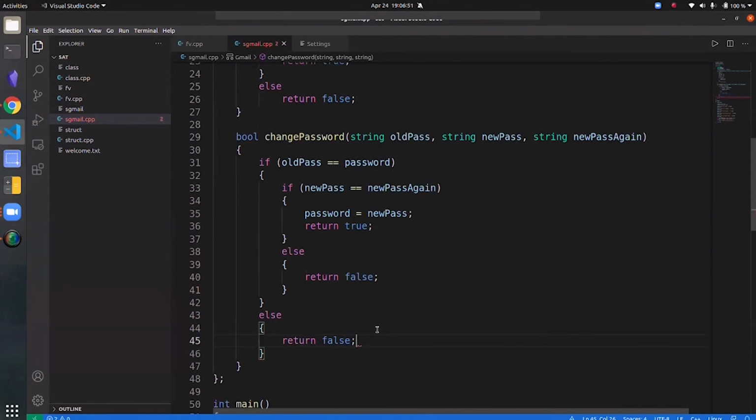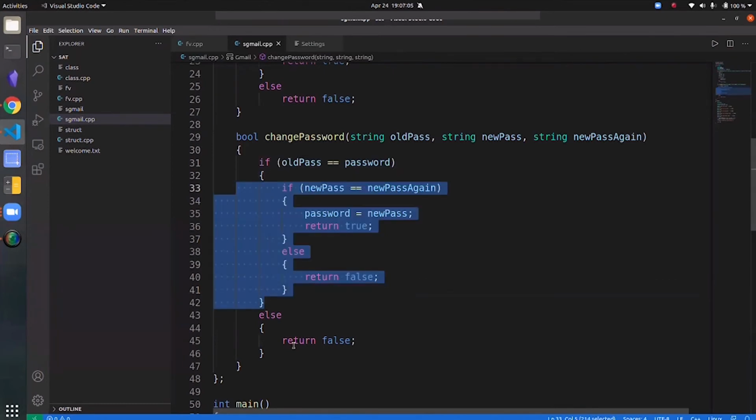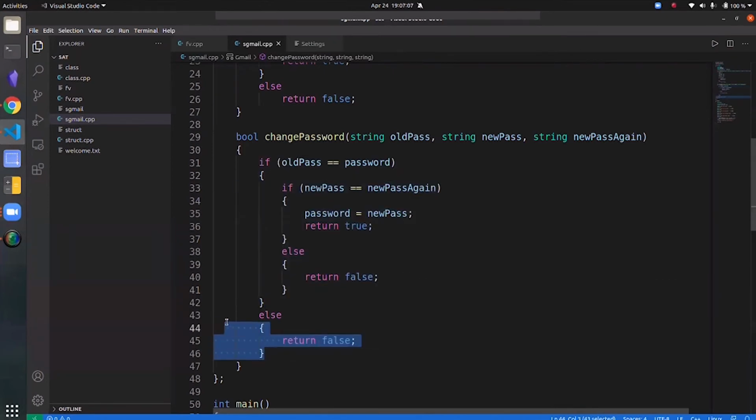So is this clear, guys? I know it can be a little tricky to comprehend sometimes. Is this clear? What I've written here, why I've written else return false in this if block, and then why I've written else return false again outside of the if block. Is that clear? If you guys have any doubt, just go ahead and ask in the chat.